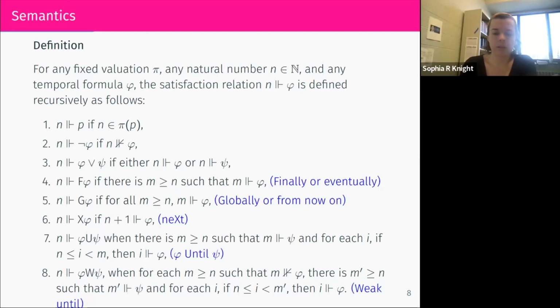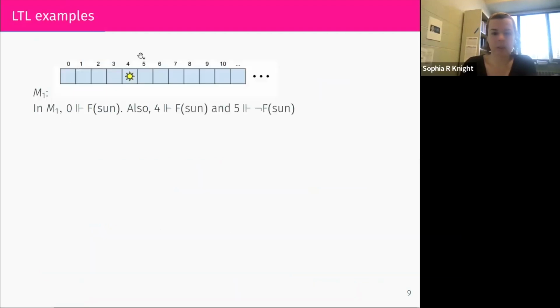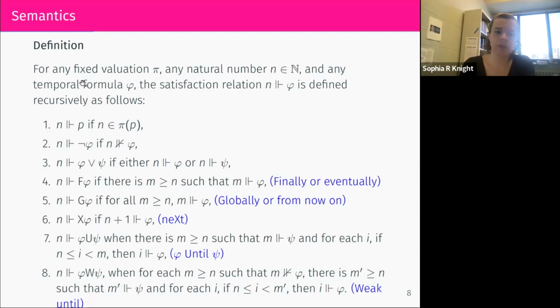So before I get into the semantics, let me show you what these models look like. Here's a little example of a model. This goes from 0 through 10, but then it goes on from there. It's just not in the picture. And our proposition is just a sun, only true at number 4, no propositions true anywhere else. So this is the kind of model that we're describing. So now I can explain the semantics to you. The propositions are just true at certain numbers where they're defined. Negation and or work the way that you would expect.